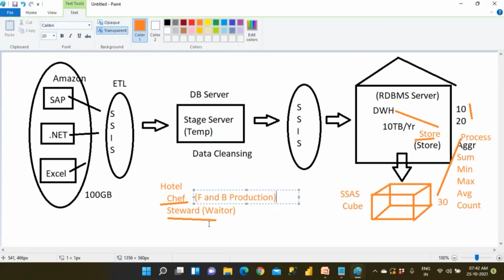So what is this called? F&B service, food and beverages service department. So there are two departments that you have, F&B production and F&B service. In the hotel industry, this is how they call them. F&B production, F&B service, and housekeeping and front office. So these are the four departments you have in the hotel, right?